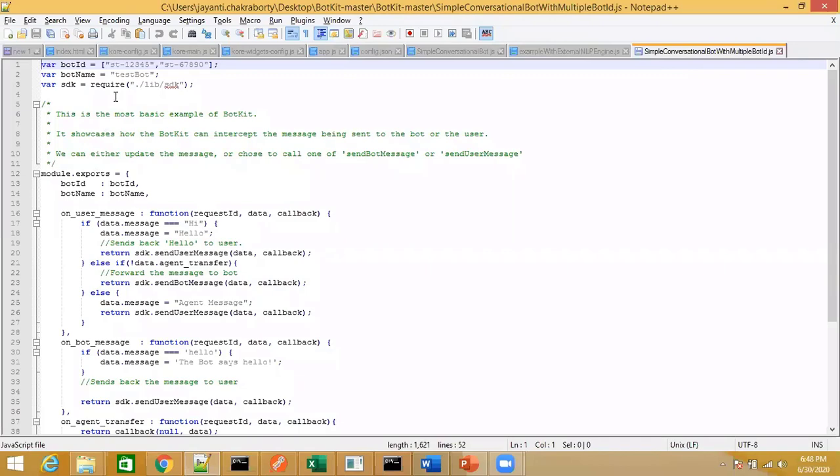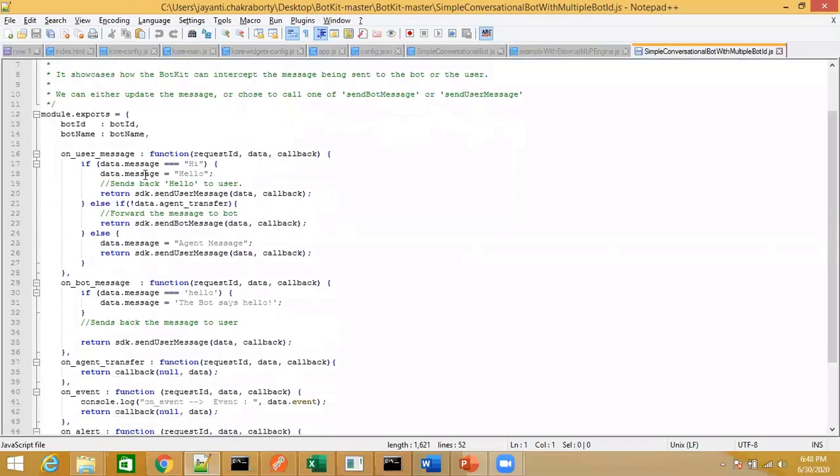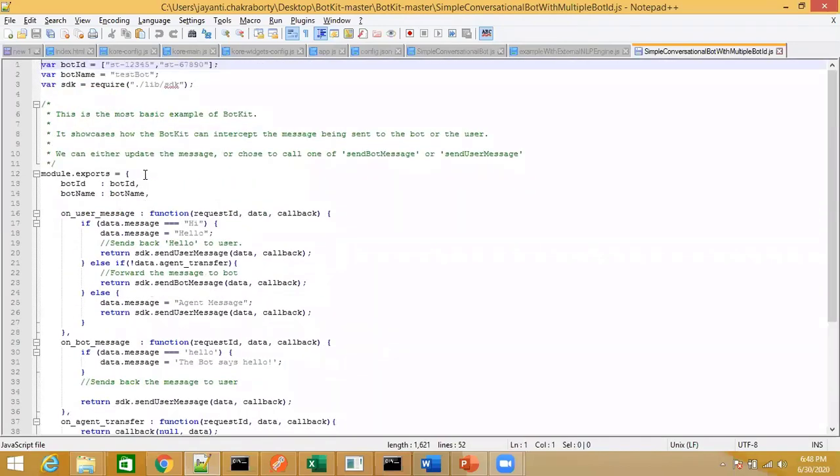Okay, so you can see over here, you have a similar file called the simple conversation bot with multiple bot IDs. Now, yesterday there was a question where you were asking how can you trigger a task in a different bot? So you are talking to one bot, but you want to trigger a task in another bot. I said one way out is universal bots.